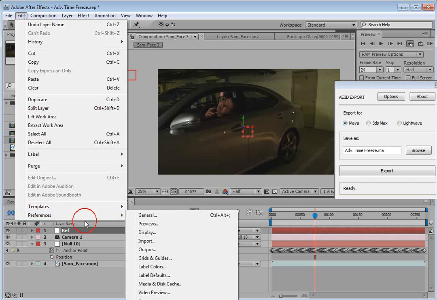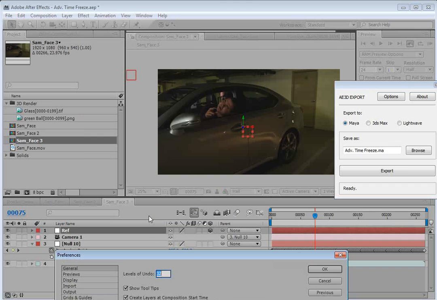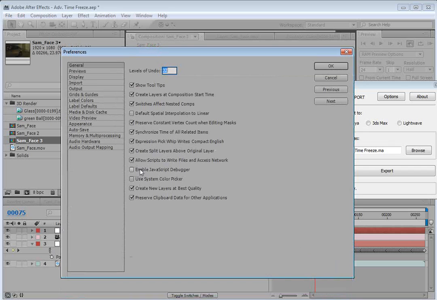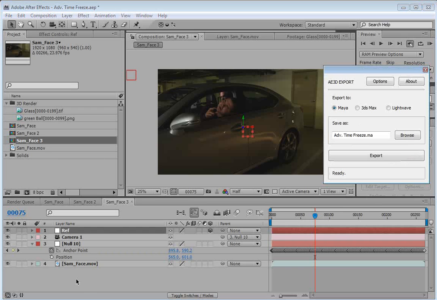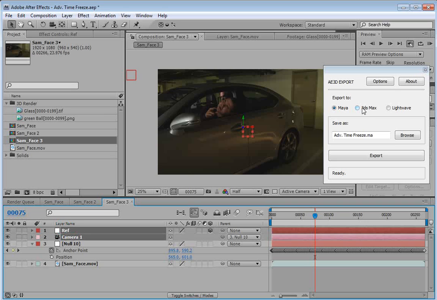Also, there's one thing that you may have to do in the general preferences, which is click on something in here called Allow Scripts to write files and access network, including your personal files and your family. And then you just hit OK, and that gives Adobe permission to come to your house and go through your stuff. So we're going to select the reference point and the camera, and we're going to choose 3D Max,